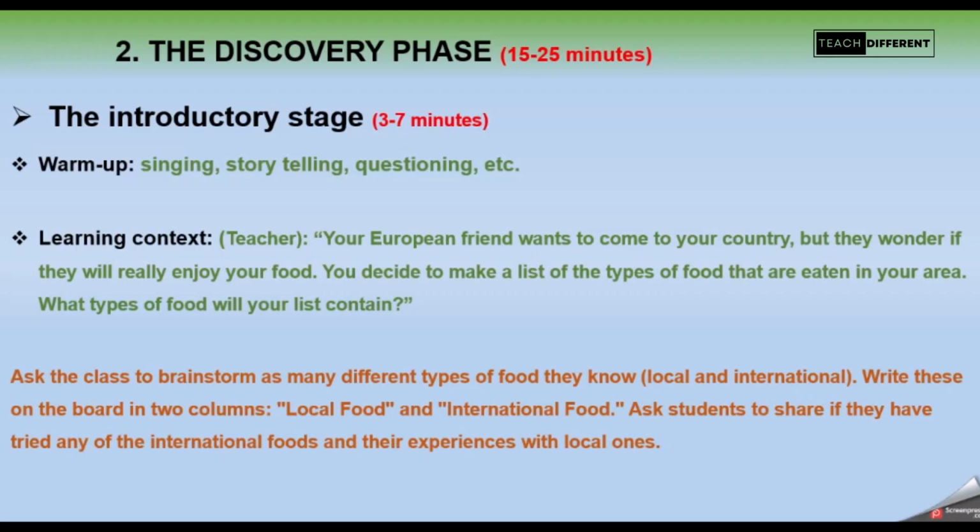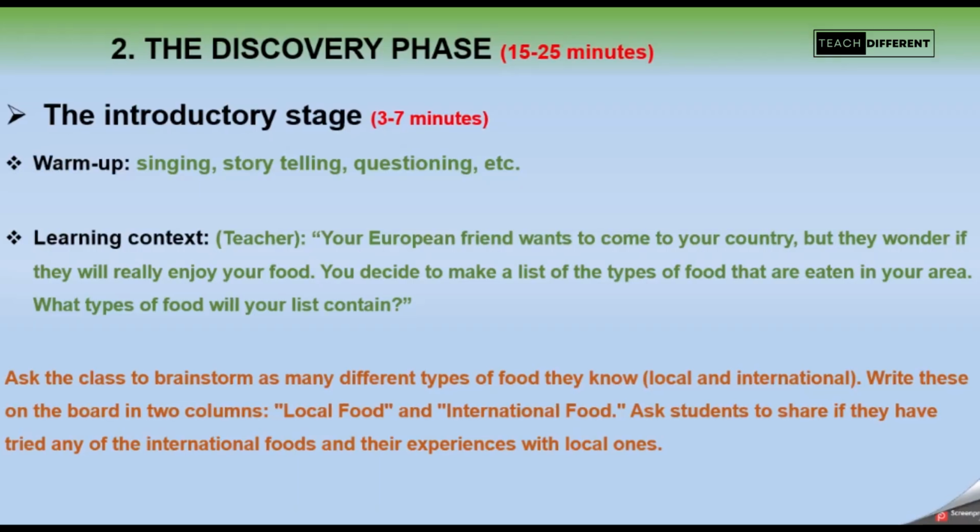Second part, the discovery phase. This is where the activities actually start. It includes a certain number of stages. The first one is the introductory stage, including the warm-up, the learning context, and anything that can help introduce the